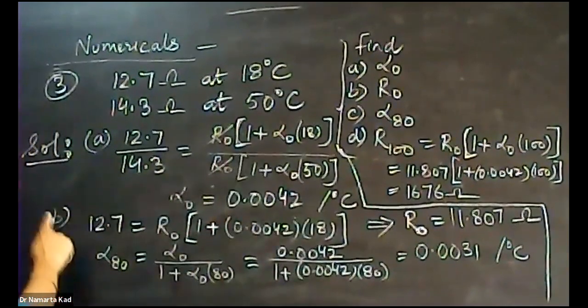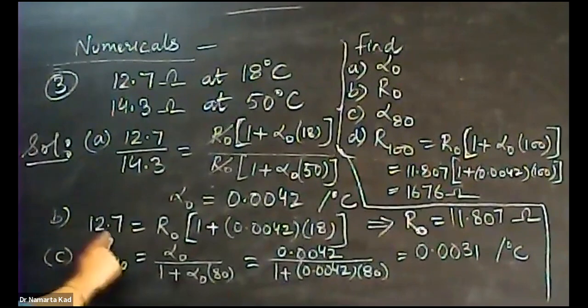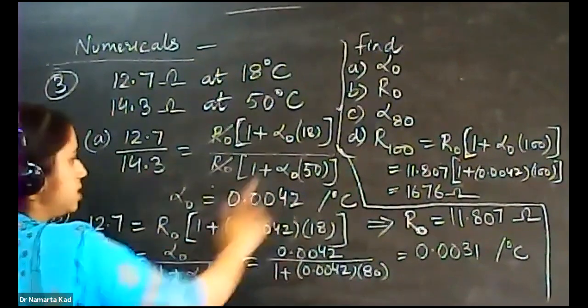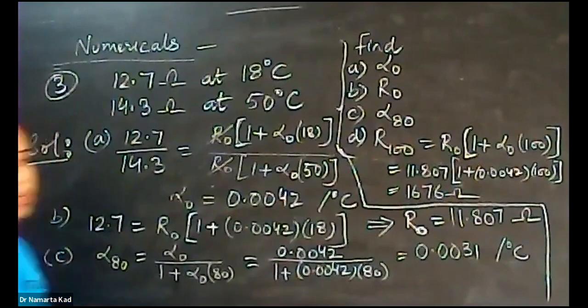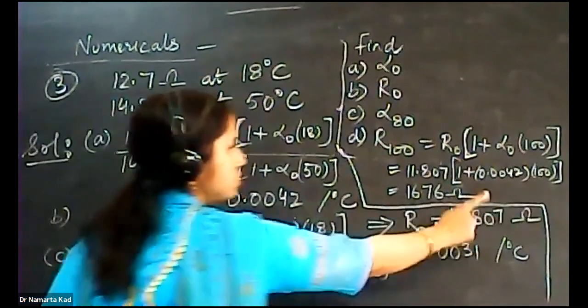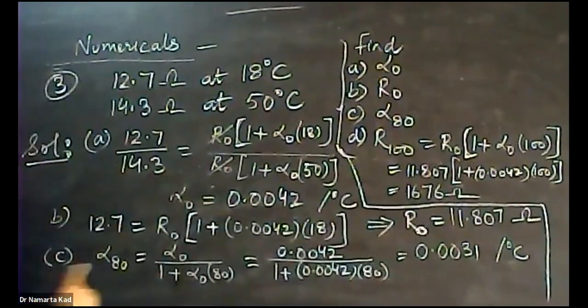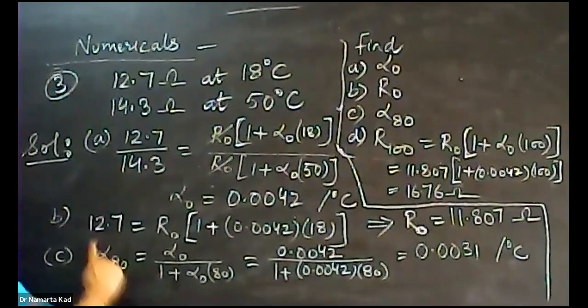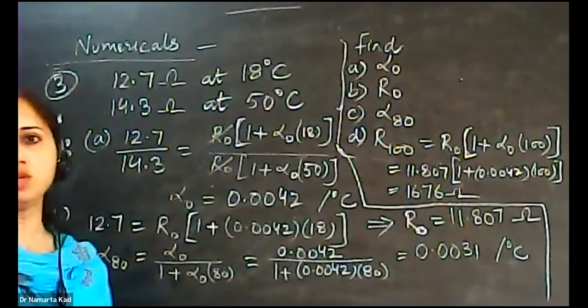And for B part, we are applying the basic formula, that is 12.7 is equal to R naught into 1 plus alpha naught into T. So R naught comes out to be 11.807 ohms. And for C part, to calculate alpha 80, we are applying the formula, that is the relation between alpha naught and alpha 1,